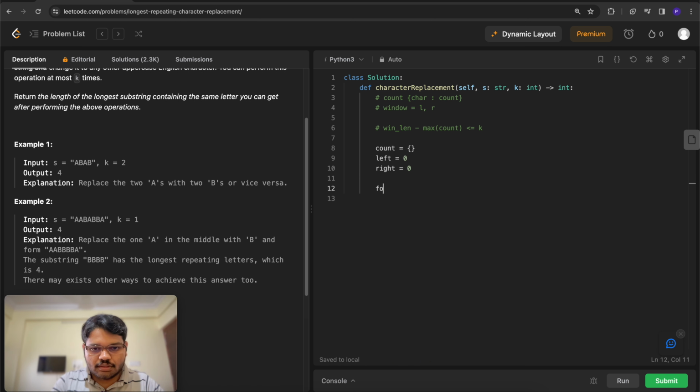So for right in range of len of s, then we will start adding these characters to the count dictionary. So we will have a character indicated by the right boundary of the window, that will be s of right. So count, this is a dictionary, key will be the character. So s of right